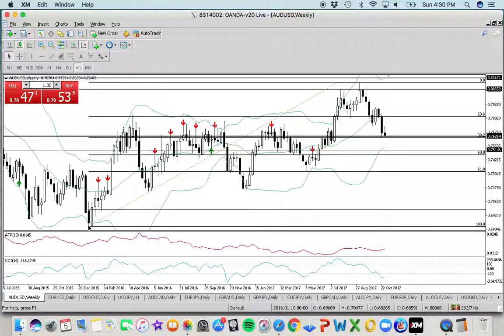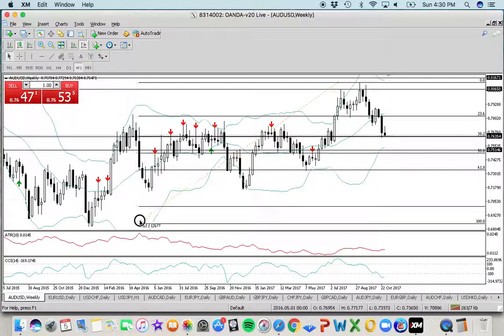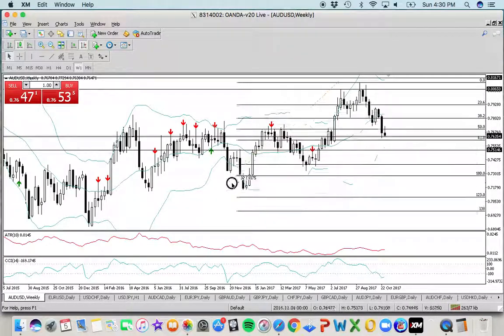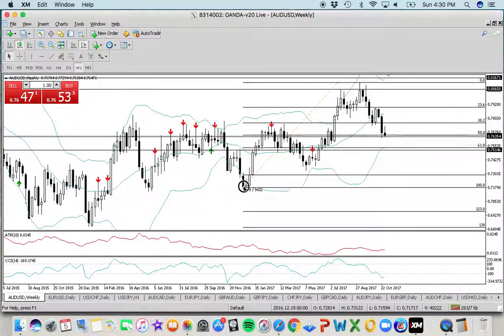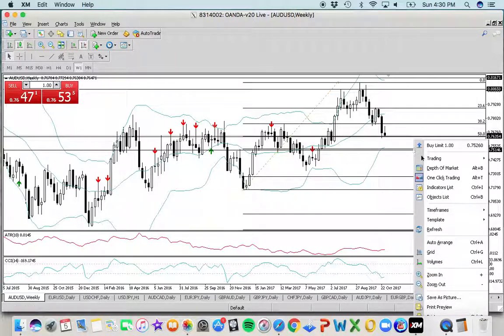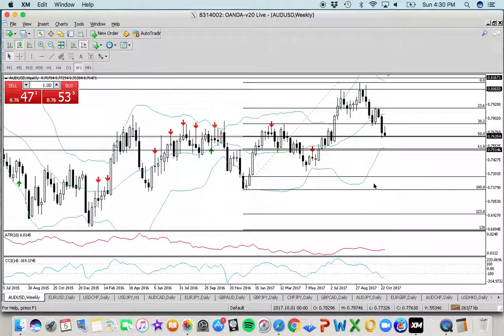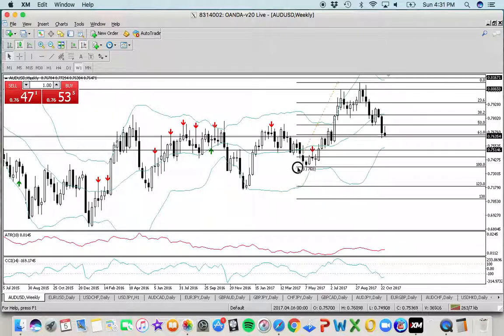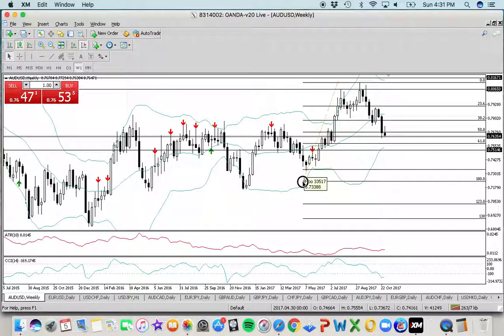And then what I'll do is go here. I'll go to trading and set an alert, and just wait from there. Or as you know, we'll still come back at the end of the day and still always look for